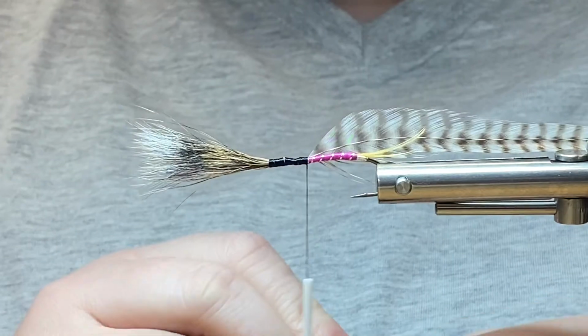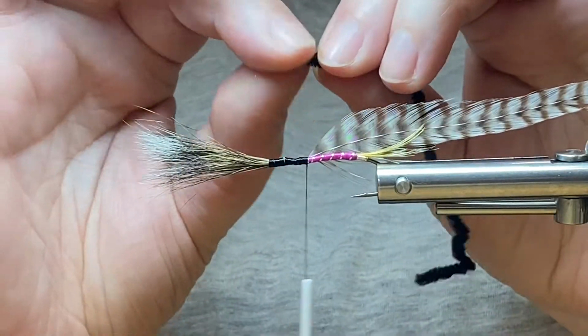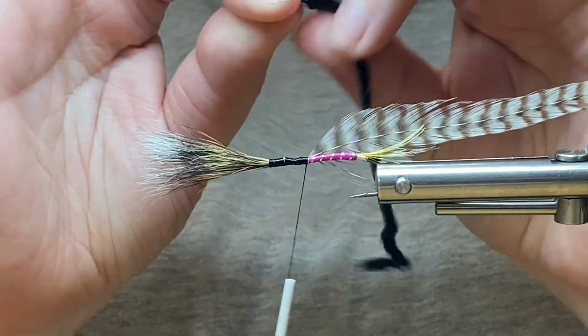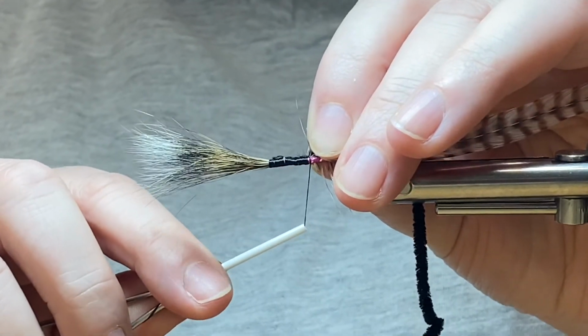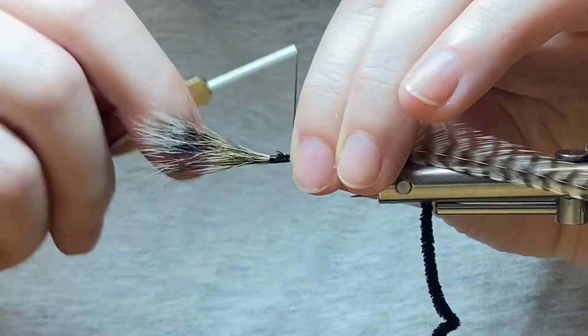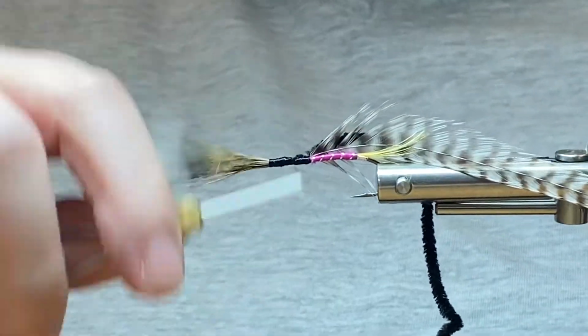Then the thorax of the fly is going to be black small chenille. So I'm going to strip off some of the end fuzz on that. That way we have a nice small tie-in point. Tie that down. At this point, since we're going to be wrapping it, it doesn't have to be a super smooth underbody, but